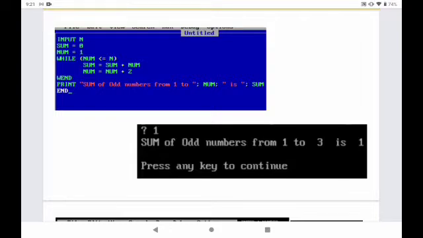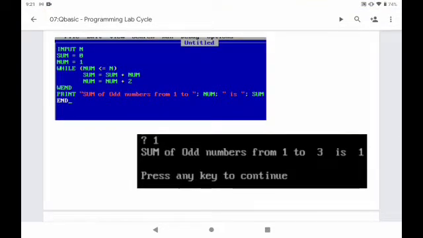Then I am opening a while loop. Inside while I am checking a condition, that is num less than or equal to n. So what is num? 1, less than or equal to n. Whatever value I give at run time will be read as n.